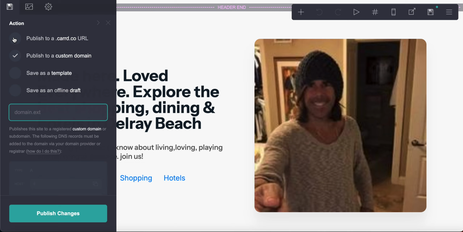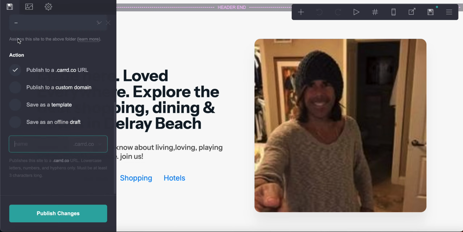If you did this on Framer, for an example, which has great directory themes, you would actually need to publish this to a Framer subdomain, much like the card.co subdomain, which loses you some branding, right? You don't want this